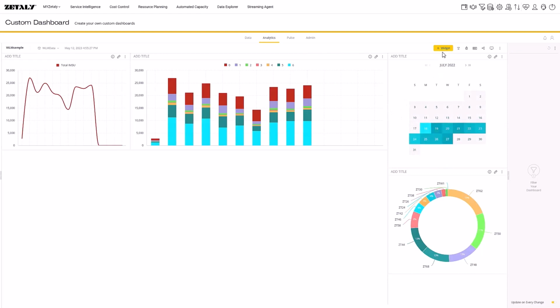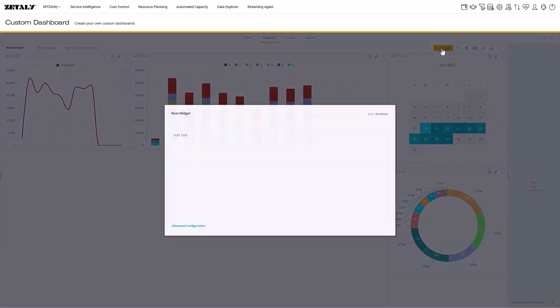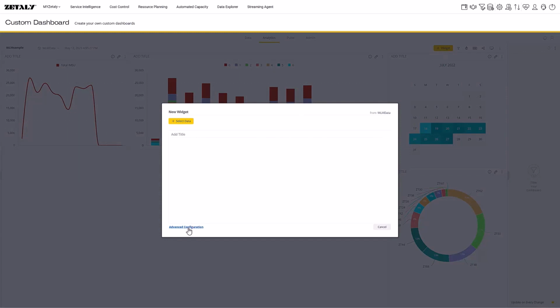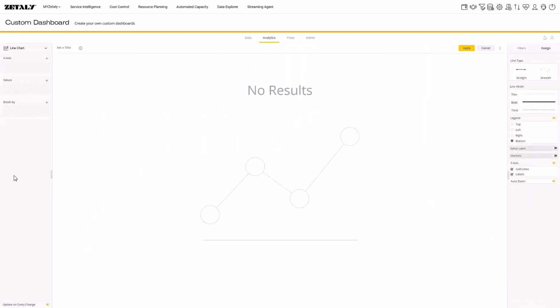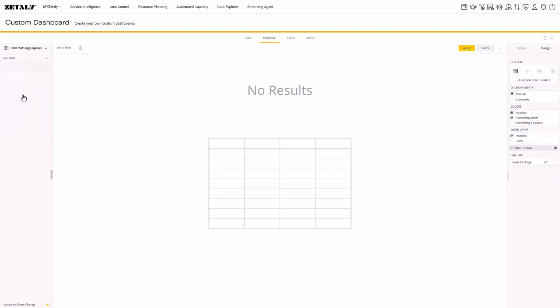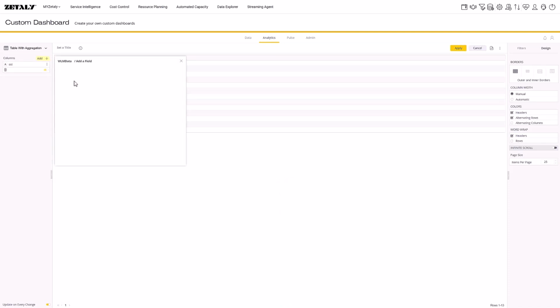And now I'm going to add a new widget. Just click there. Switch into advanced configurations because I have more choice. And here I can select any widget I want. So with the tables could be a good way to represent details. And now I'm going to add some columns. See it, for example. Probably I have some policy. Yes,